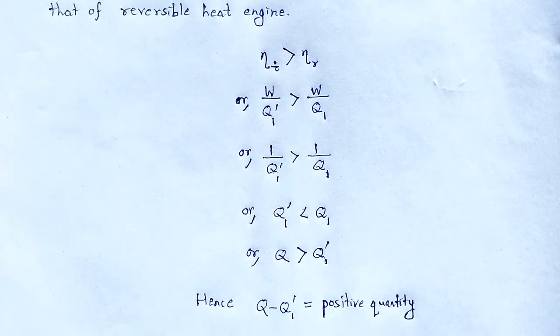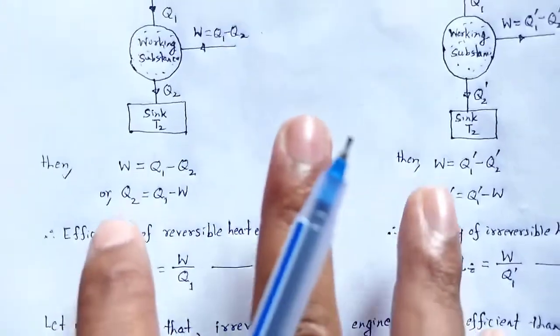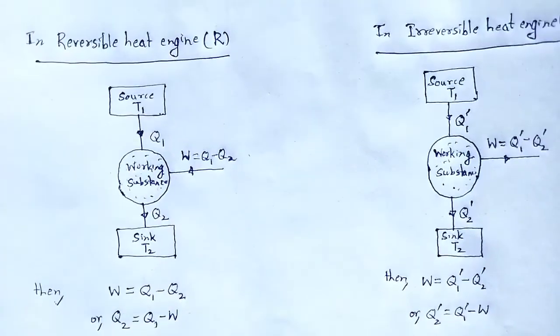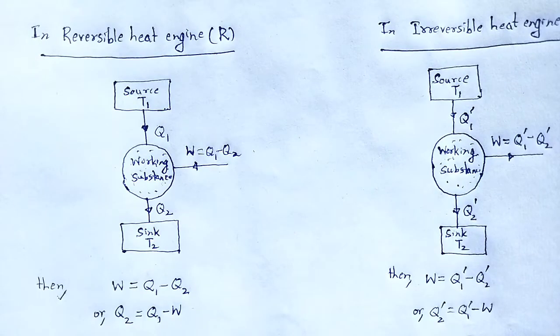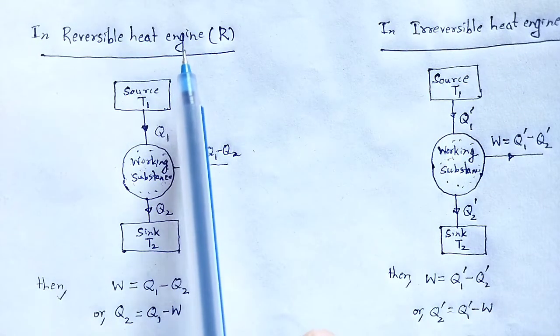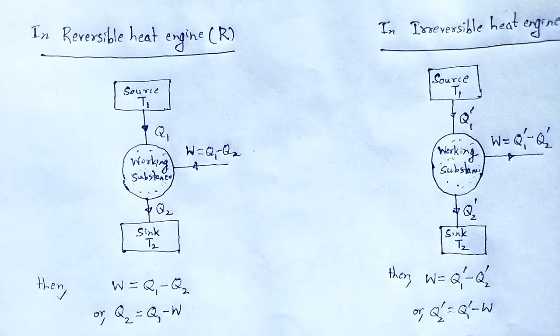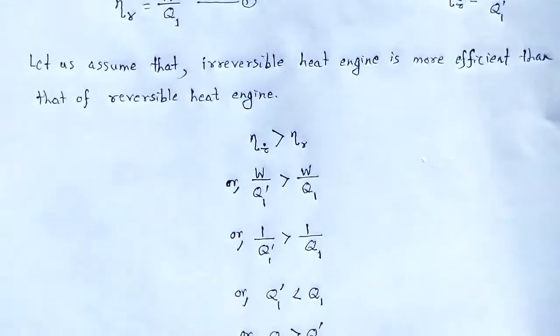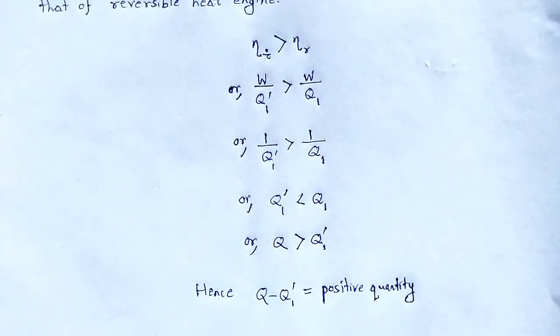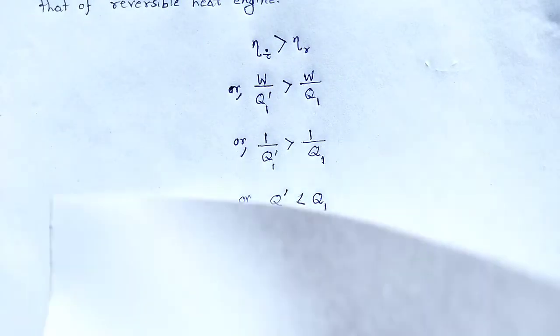So, if we combine these two heat engines, a reversible heat engine and an irreversible heat engine, let them be coupled together so that the irreversible heat engine works in forward direction and the reversible heat engine works in backward direction. What happened? So, coupled these two,